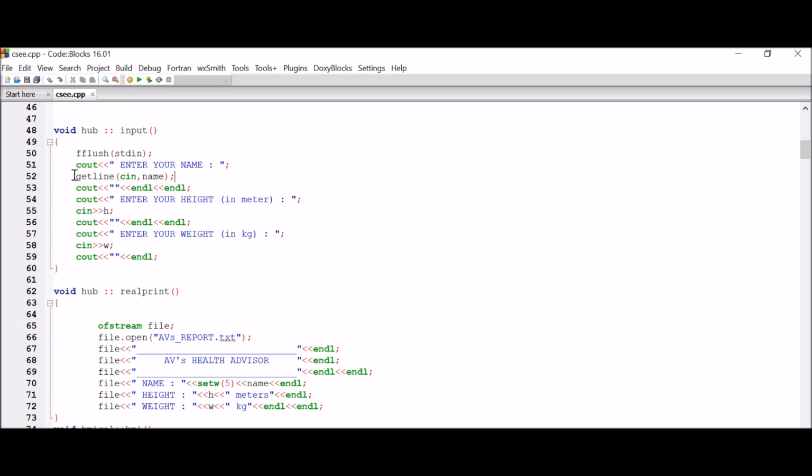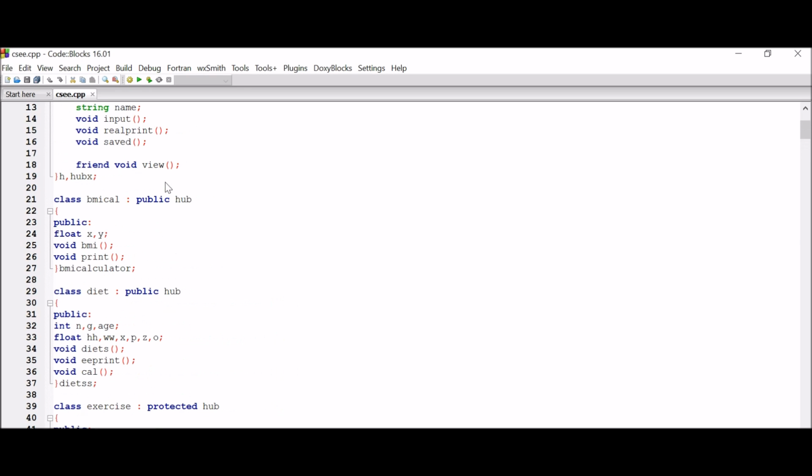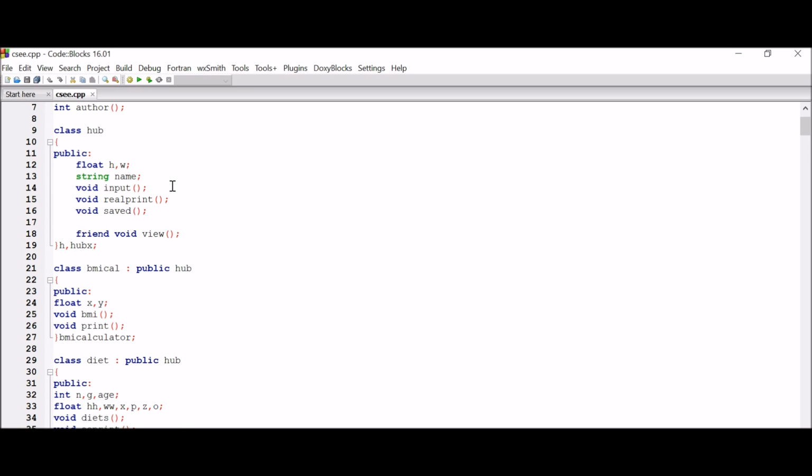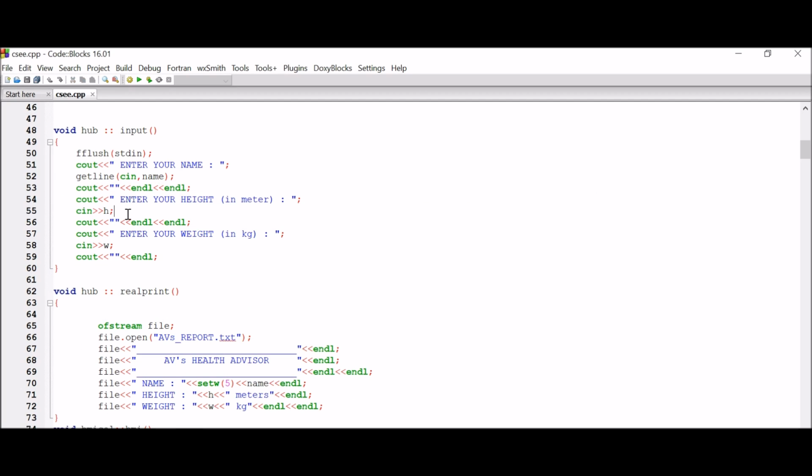So getline from cin is getting the input from the user and storing it in the variable name. Here I have created that variable, string name. So it says, enter your name, and it is entered using the getline function. Then I took the height, stored it in variable h, and again the weight in variable w.